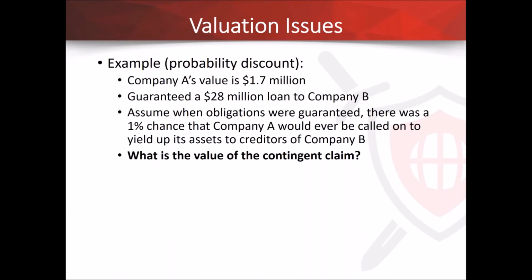So if company A is conducting an analysis, or let's just say you're doing this from a personal perspective in connection with some asset protection, you've got a business and you've got to figure out, well, what's the value of my business and how do I account for this claim? So it could be a real estate investment, it could be any business where you have one company, maybe you have a holding company because you've already done some planning with Gary, and a bank says, well, that's great that you have this single asset entity that's going to borrow money, but we need to get some value from somewhere else, so we're going to make you and your other company guarantee the loan. Very common situation. So how do you come up with a figure for the value of this $28 million guarantee?